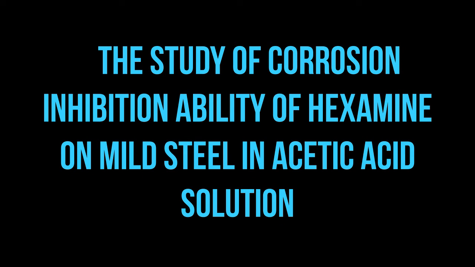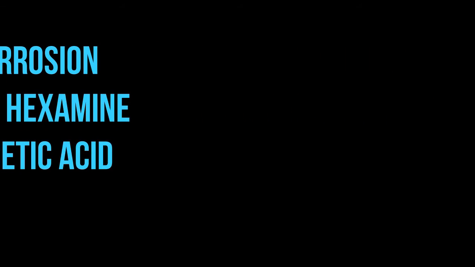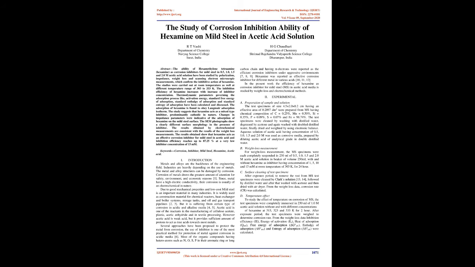The study of corrosion inhibition ability of hexamine on mild steel in acetic acid solution. The ability of hexamethylene tetraamine, hexamine, as corrosion inhibitors for mild steel in 0.5, 1.0, 1.5, and 2.0 M acetic acid solution has been studied by polarization, impedance, weight loss and scanning electron microscopic measurements, which confirm the inhibitive action of hexamine. The studies were carried out at room temperature as well as at different temperatures in the range of 303 to 333